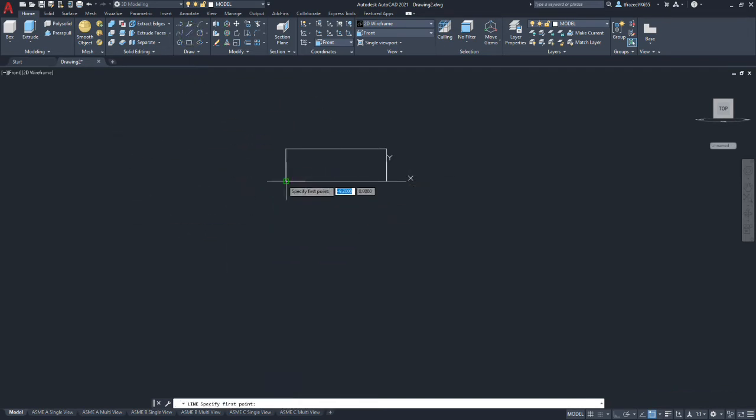We're going to draw a line from the bottom corner that we know is at 9.2. And the angle of this is 30 degrees, but we need to put in the complement, which is 150. We're not going to set a length. We're just going to set the complement angle. So 150. I'm sorry, negative 150. And that gives us this line here.